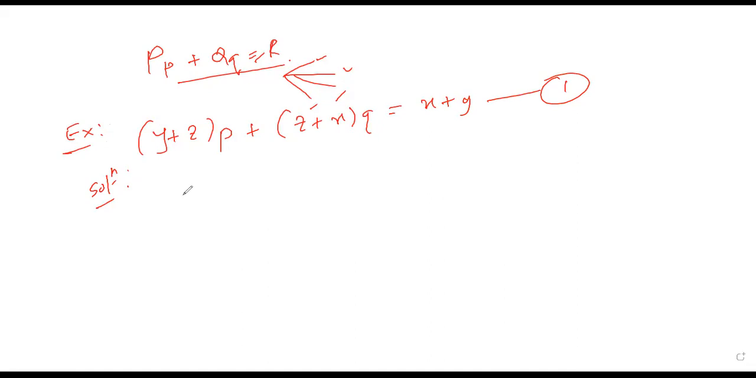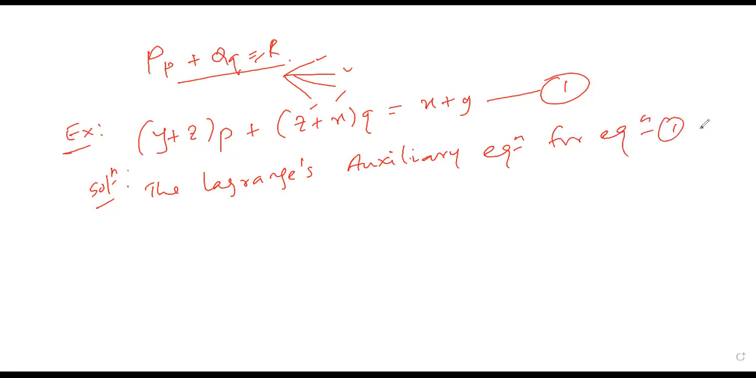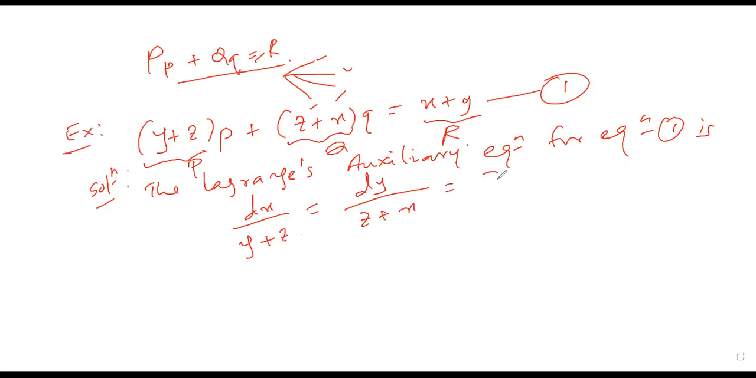For example, first of all, write the Lagrange's auxiliary equation for equation 1. What is that? dx over P, so you can write P, Q, R, then you can substitute. So you have to know this is our capital P, this is our Q, this will be our R. So dx over y plus z is equal to dy over z plus x, which is equal to dz over x plus y. Okay, now let's